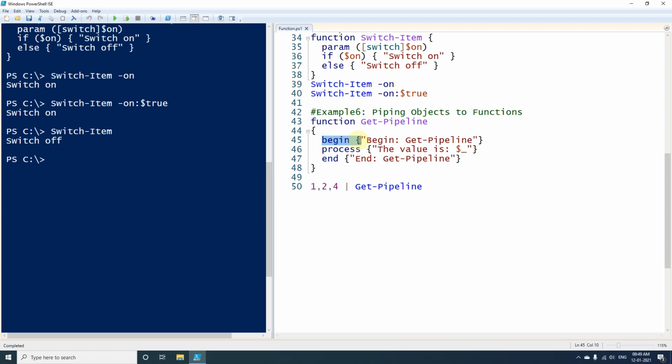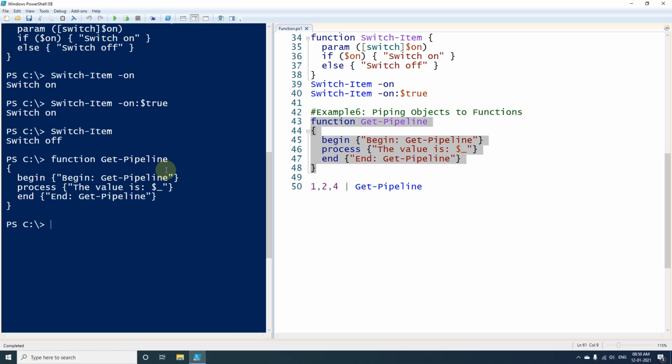So you are seeing this begin. Begin and end will be executed only once when we pass values through the pipeline, and process will be executed for each of the values coming from the pipeline. So first of all I will execute this function, and after that I will execute this pipeline.